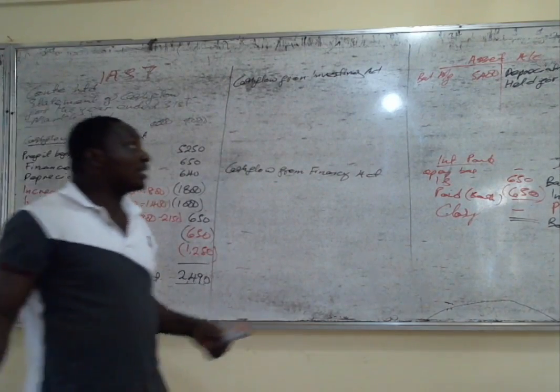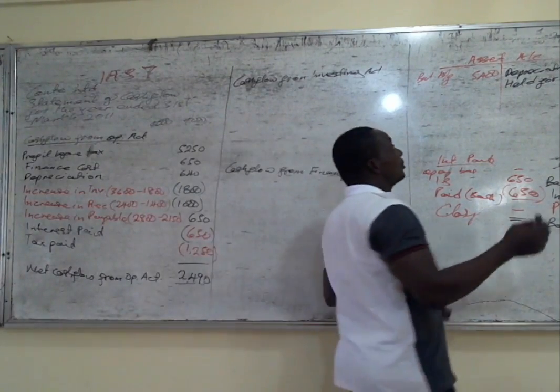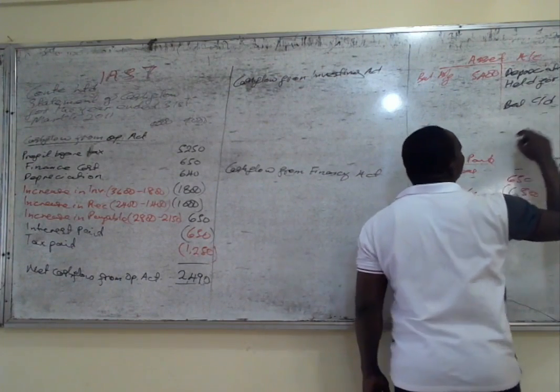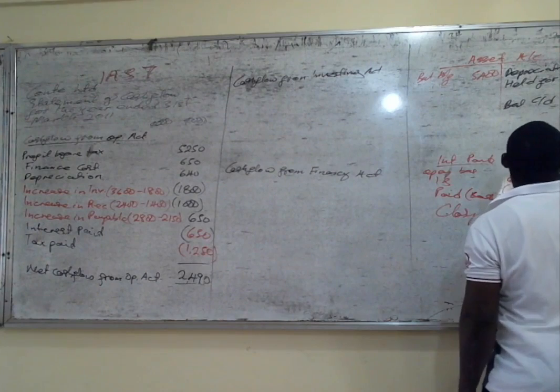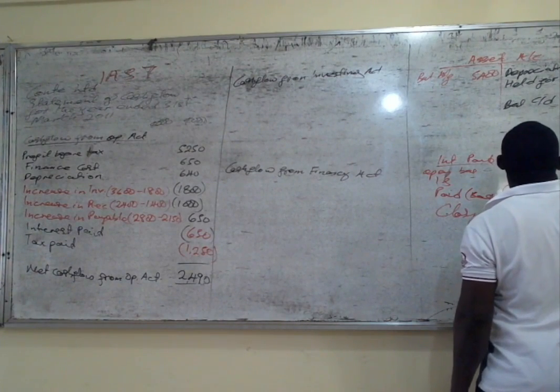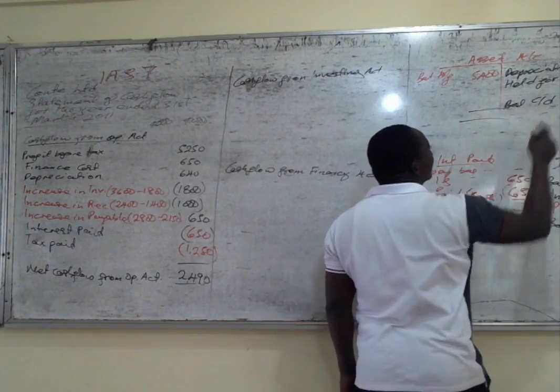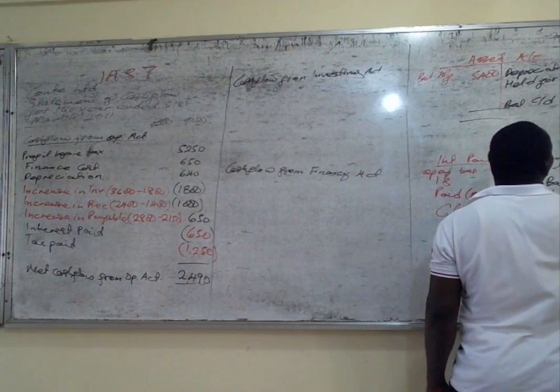Then that is all for the asset. We have the closing balance, balance carried down. The closing balance was how much? 9,500. If we have the closing balance as such, it means that the total here is going to be 11,500,